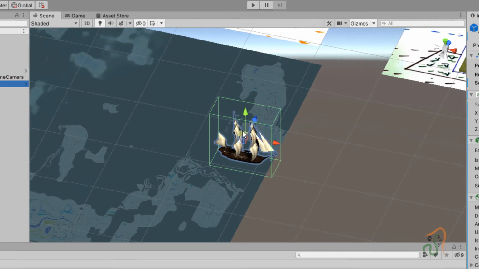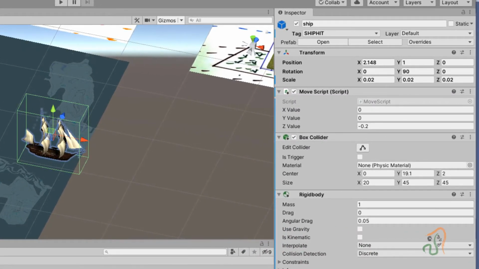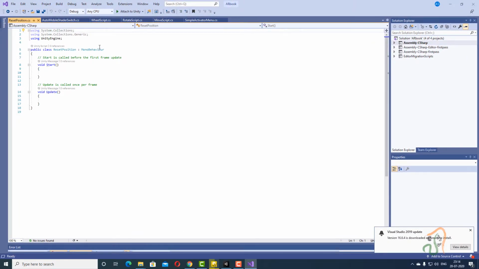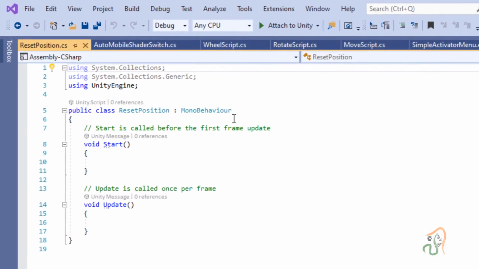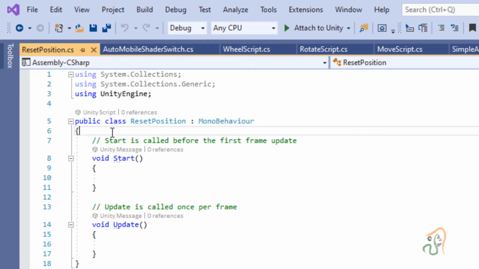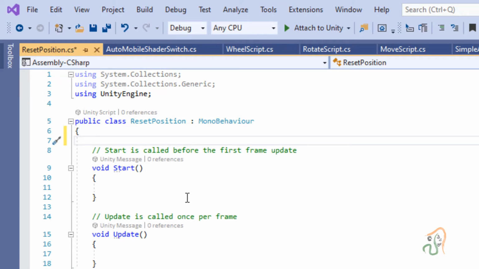This information we need. So to get this information, come to the script here, and after this first open bracket, click enter, and now declare a variable. The variable we declare is a position variable which has XYZ values. For this, the type of variable we will declare is Vector3.